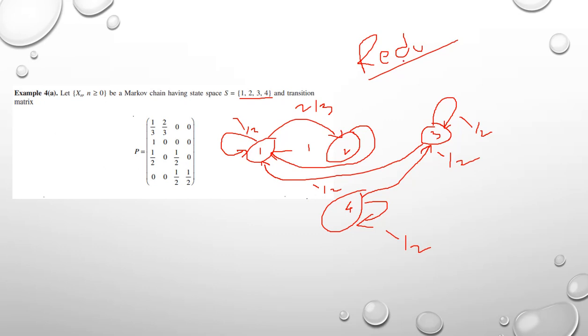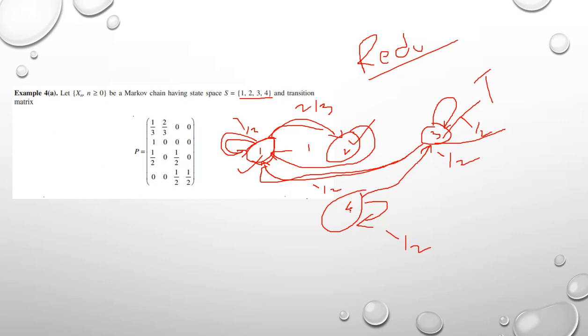If you observe class 1, what do you understand? First we have the same thing, and second, when going from class 1 to class 2, return is also there, so it is persistent. Check for class 2. From 2 to 1 is possible, 1 to 2 is possible, so it is also persistent. When you check for 3, 3 to 1 is going, but there is no back step from 1 or 2 to 3, so it is transient. These two are persistent.